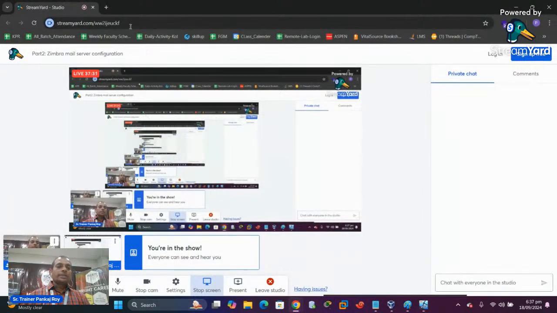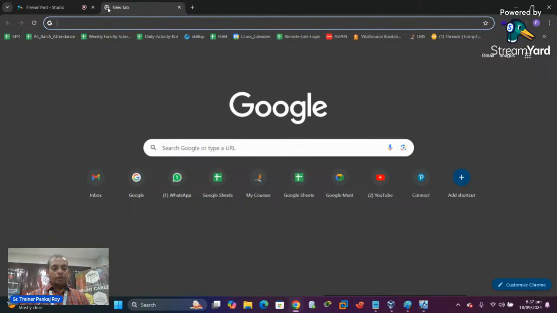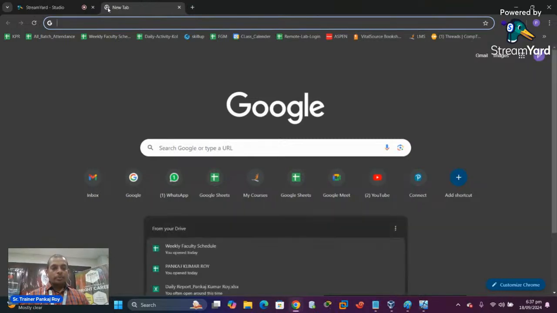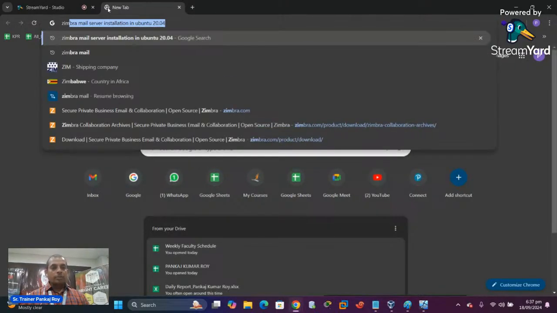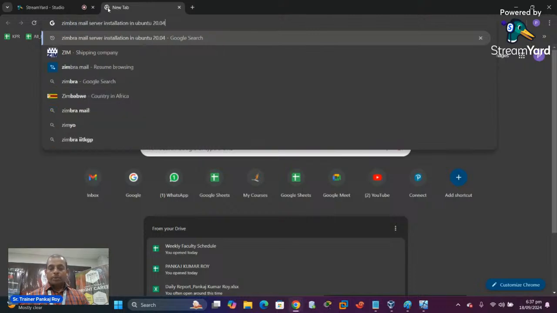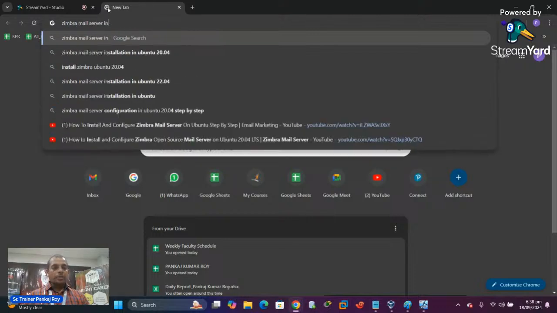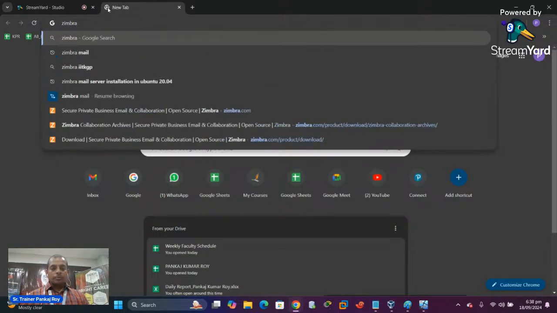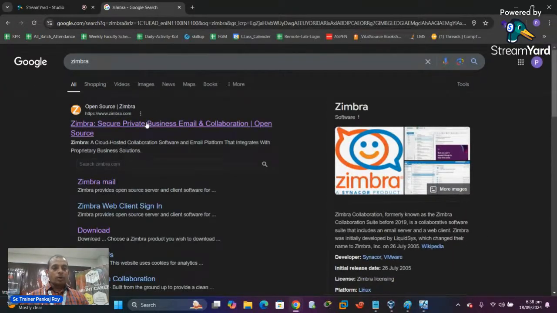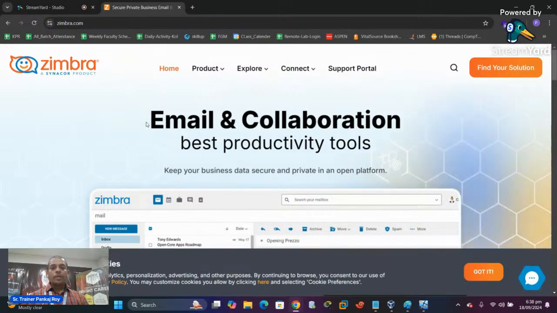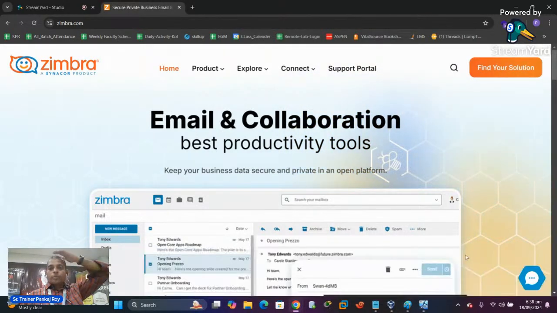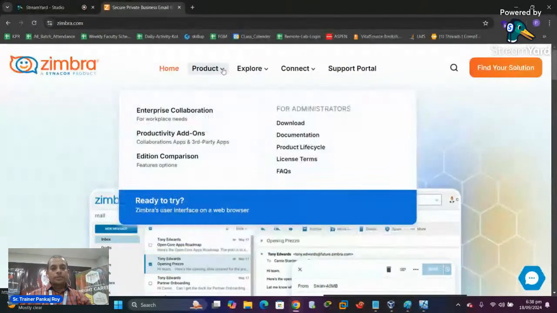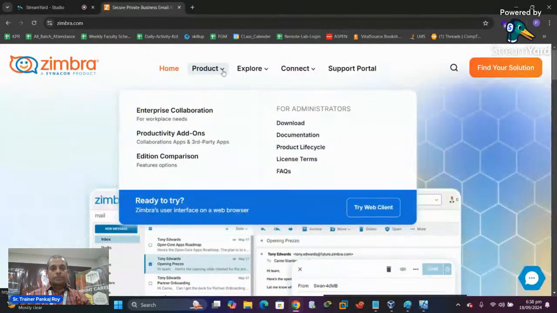How to download Zimbra, if you want to know from where you download the Zimbra mail server. Just go to the Zimbra official site, Zimbra Collaboration. Okay, this is the Zimbra Collaboration mail server. So just click on the product, click on download,